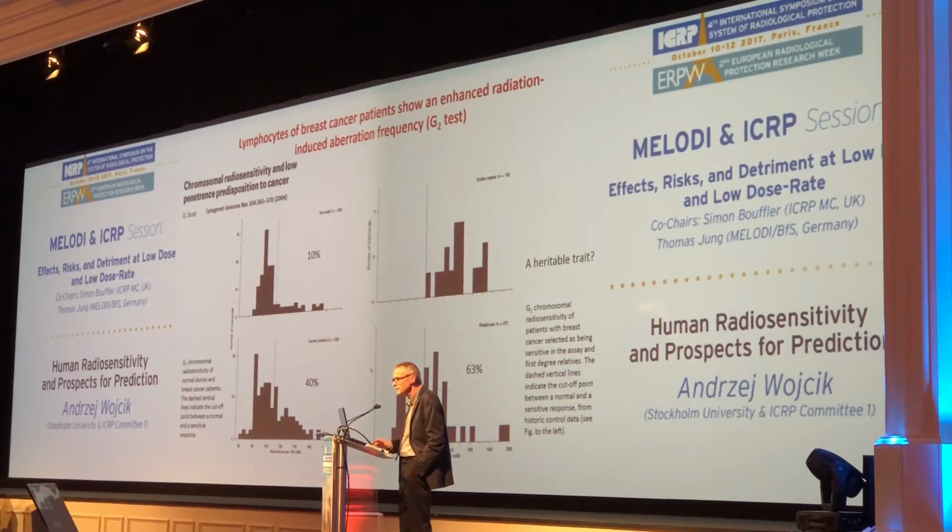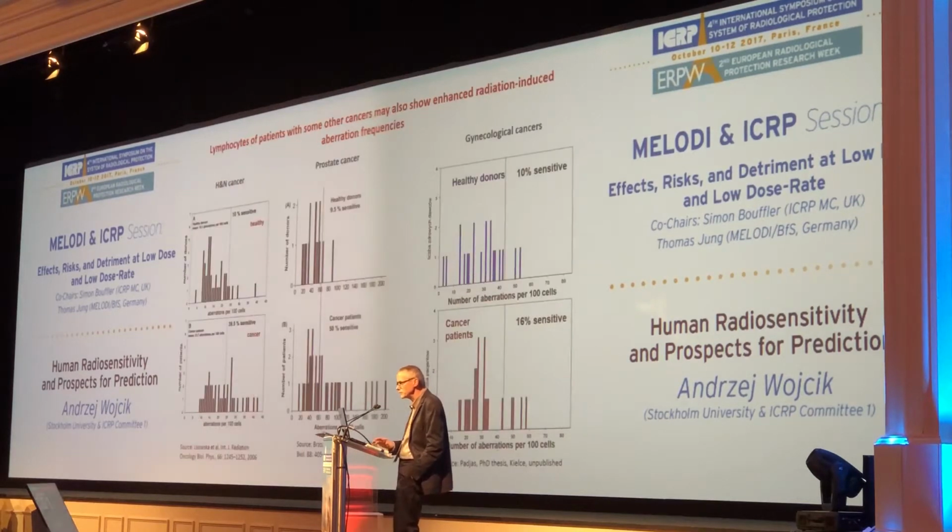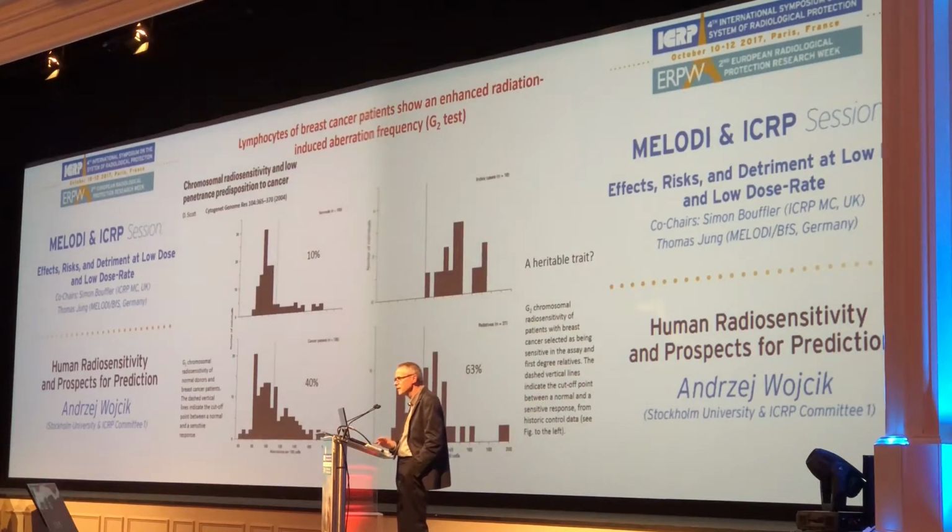And then you look at the cutoff, this is like 100 aberrations per 100 cells. And then we apply the same cutoff to the cancer patients. And he found that about 40% of cancer patients were more radiosensitive or showed a higher in vitro radiosensitivity as compared to 10% of normal healthy patients. So this would suggest, yeah, it goes in the same direction as Kathleen Sanford's results, that patients that have cancer have a higher level of chromosomal aberrations or in vitro radiosensitivity. And then he looked at the question, is this heritable?